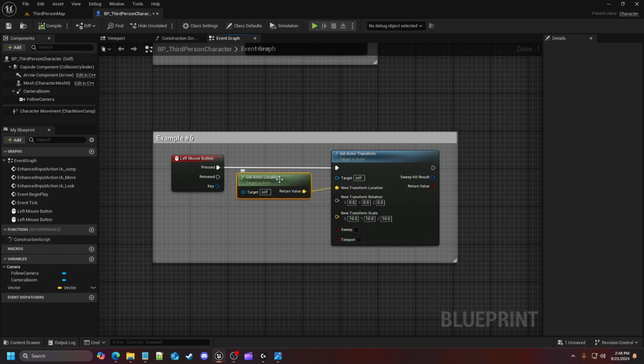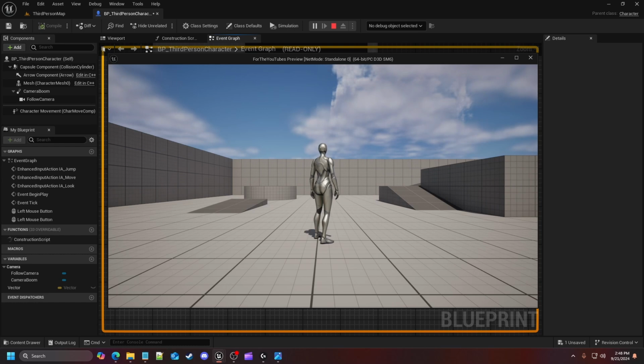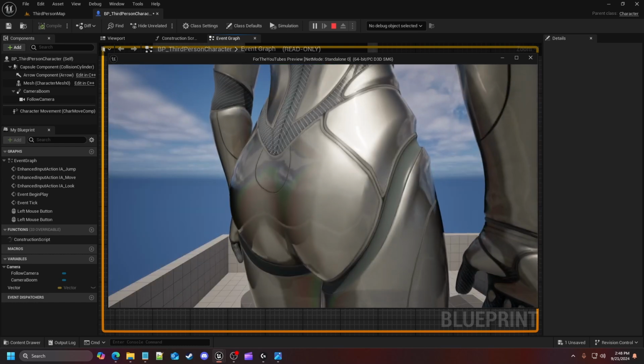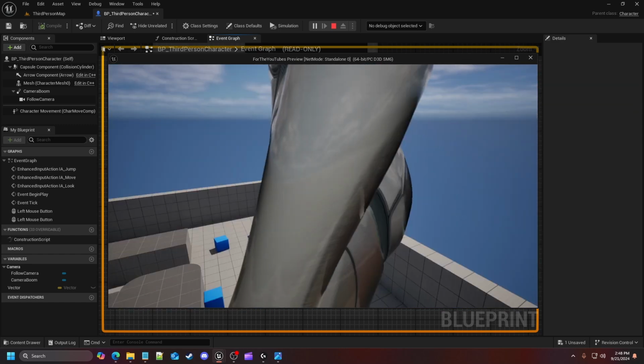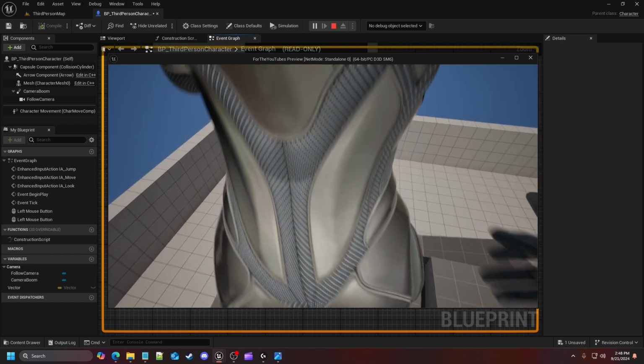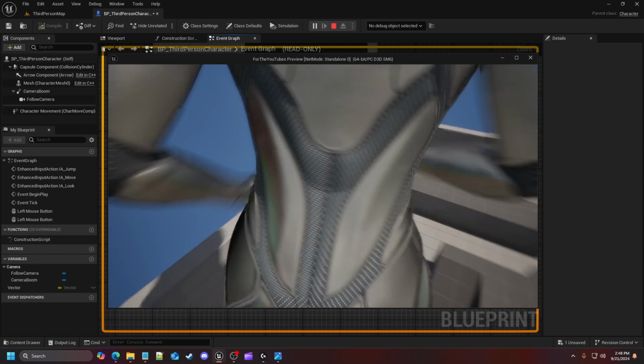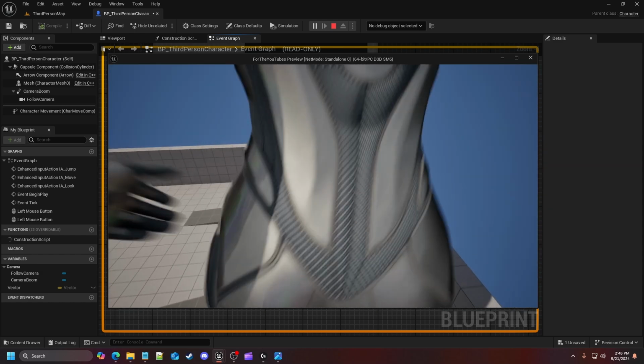I just want to keep them where it's at. So that's why I have a get actor location here. So if I hit play and now look at the scale, right? As soon as I click my left mouse button, you can see that we have transformed to be a giant in our world. And because we are very giant, we are moving slower,